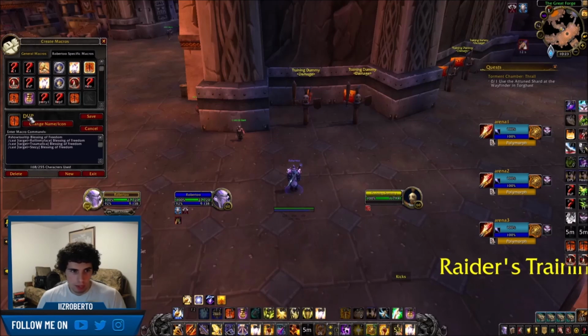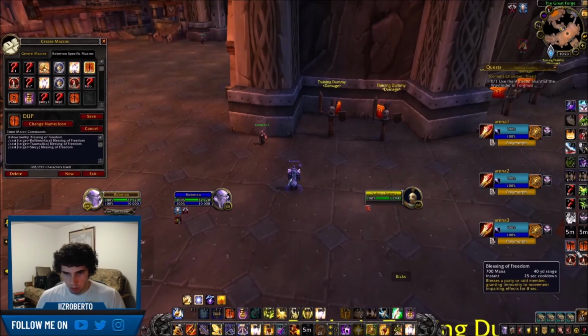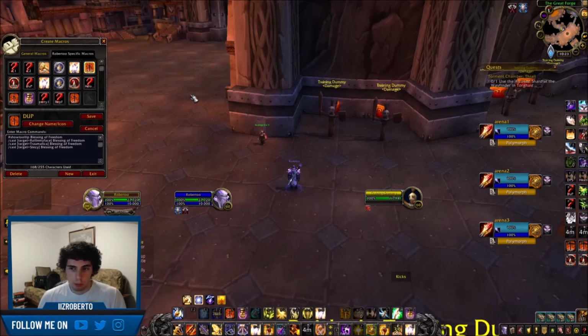I have it named as D up because I use Shift mouse wheel up for DPS and Shift mouse wheel down for healers. So it's just an easier way for me to remember which one is which. So I have Freedom for DPS and Freedom for